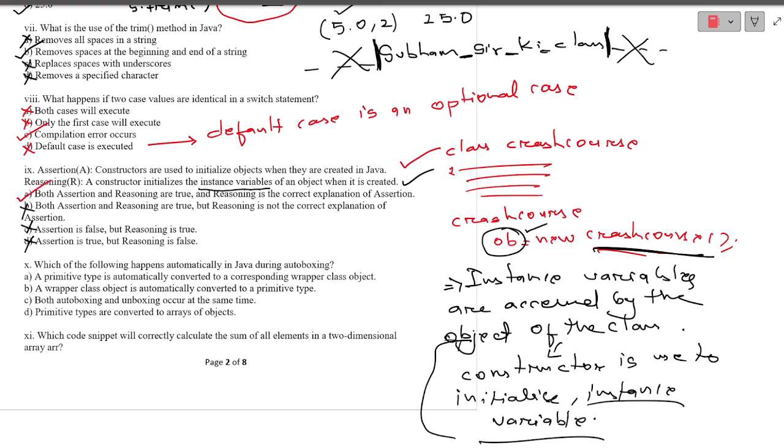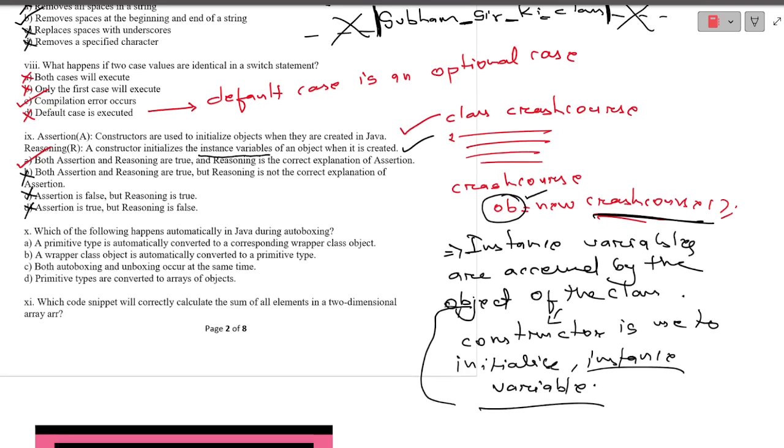Yes, did you get the trick? Students are usually confused when the assertion is correct and the reason is correct. When only the assertion is correct and the reason is false, then easily they can choose between options C and D, right? Yes or no? Okay. Now